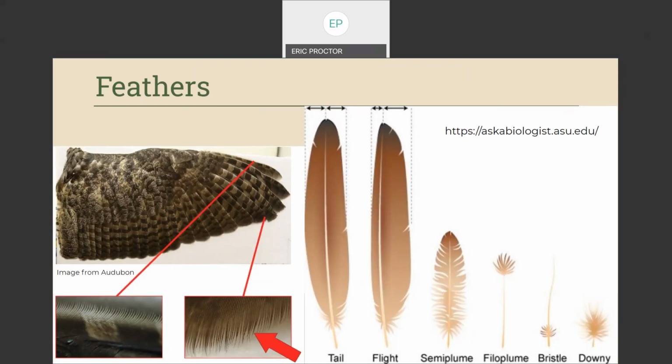When you look at the front end of their flight feathers, they have that comb-like structure, and the back ends are much more fringed. Both of these adaptations allow the wing to cut through the air with minimal noise. So this is a large part of what the silent flight of owls can be credited to: their feather design and how these feathers are set up so that you don't hear them.